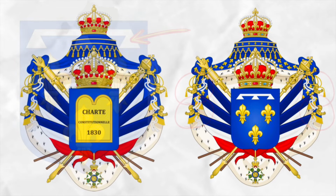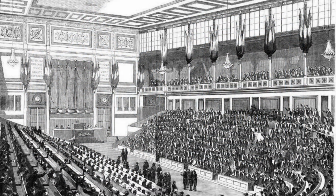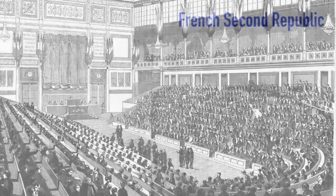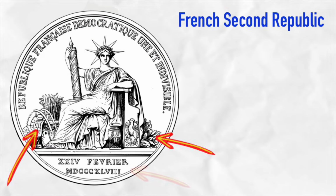And because calls were rising to remove them, the fleur-de-lis were replaced by an open book bearing the words Constitutional Charter of 1830. This was followed by the French Second Republic, which lasted from 1848 to 1852. They didn't have an official coat of arms, but they used this seal. It shows this young woman seated and holding a fasces and a lot of other knickknacks with the Roman numerals